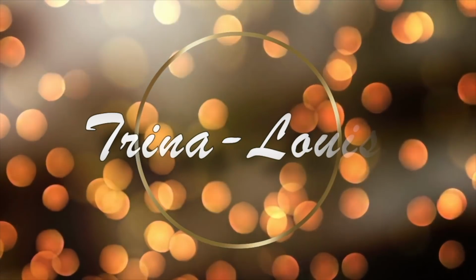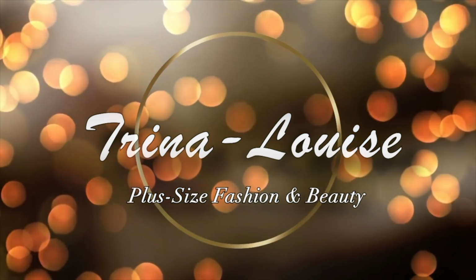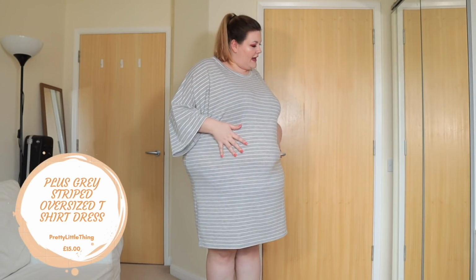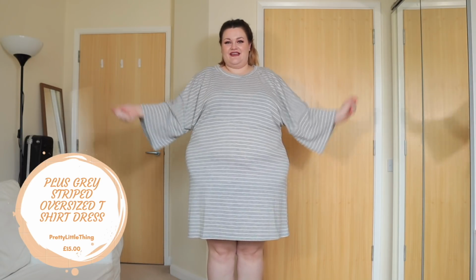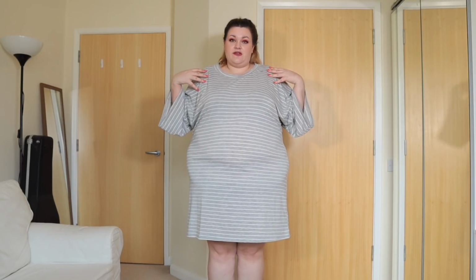I'm going to get on and try on some clothes. So the first item that I picked to try is this grey stripy t-shirt dress with white stripes across and really quite oversized arms. Now I did size up in this, and so I got this in a 30, which